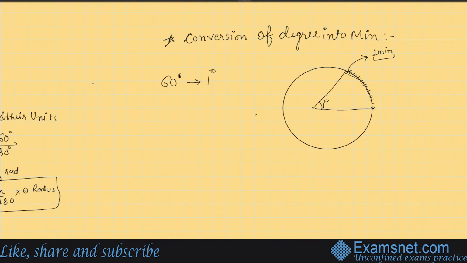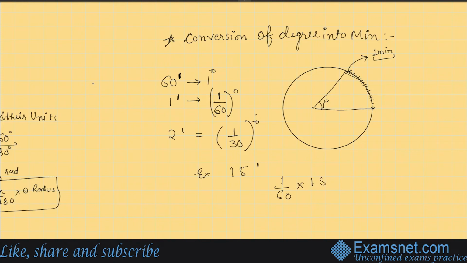Getting it? If 60 minutes equals 1 degree, then 1 minute equals what? This dash is represented as a minute. So 1 minute is nothing but 1 over 60 degree, right? And if somebody asks you 2 minutes, you'll easily say 1 over 30. Again, the unity goes there. If somebody asks you, for example, 15 minutes, you convert into degree, right? So 15 minutes is 1 over 60 multiplied by 15. That would come as 1/4 of a degree,